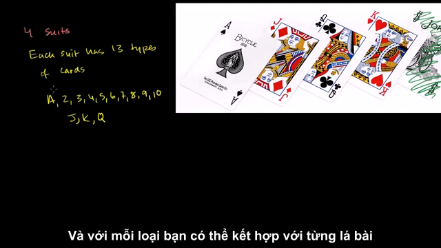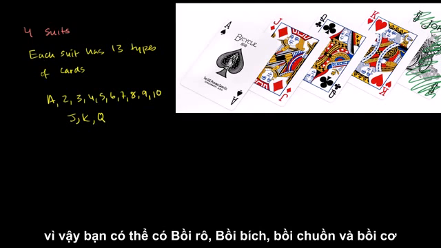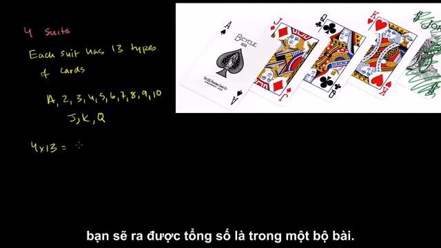So for each suit, you can have any of these. For any of these, you can have any of the suits. So you could have a jack of diamonds, a jack of clubs, a jack of spades, or a jack of hearts. So if you just multiply these two things, you could take a deck of playing cards, take out the jokers and count them. But if you just multiply this, you have 4 suits. Each of those suits have 13 types. So you're going to have 4 times 13 cards, or you're going to have 52 cards in a standard